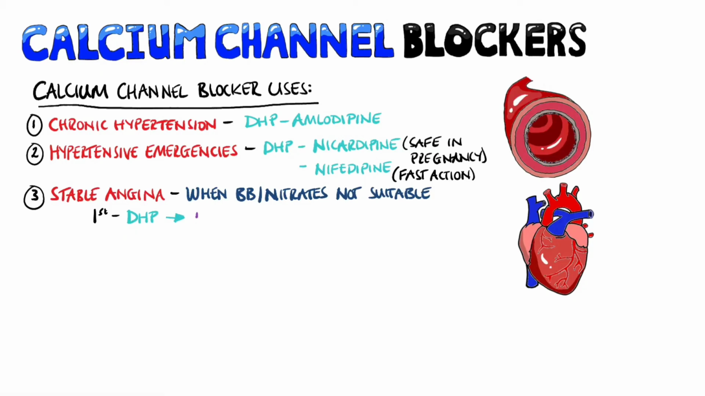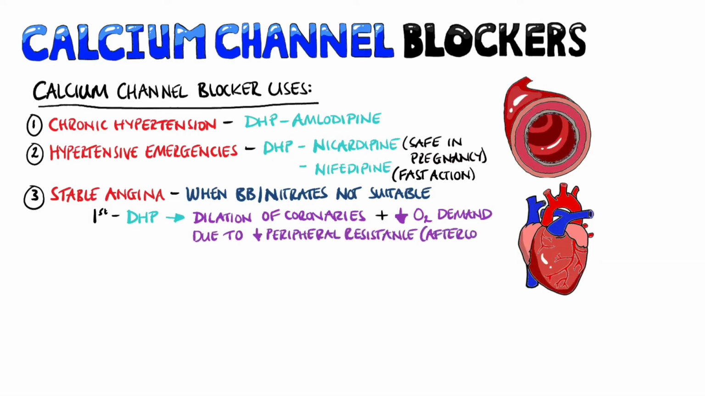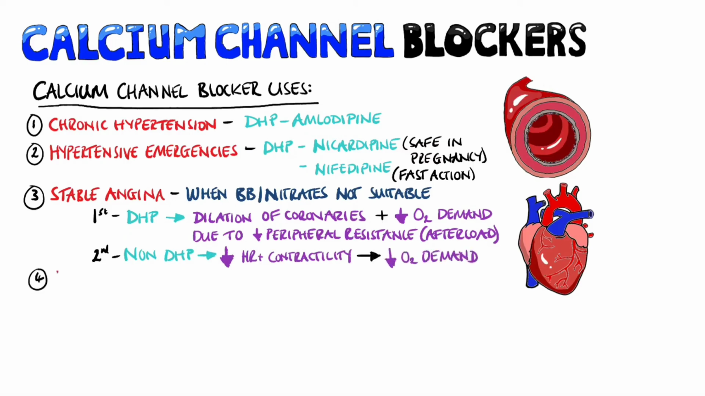In stable angina, these lead to dilation of the coronary arteries and a reduction in oxygen consumption, which itself comes from a decreased peripheral resistance, meaning a decreased afterload. So basically, the heart is pushing against less resistance and so won't use as much oxygen. The non-dihydropyridines may also be used in stable angina, as they decrease heart rate and contractility, leading to less myocardial oxygen demand. Prinzmetal's angina, meaning angina as a result of vasospasm in the coronary vasculature, has calcium channel blockers as